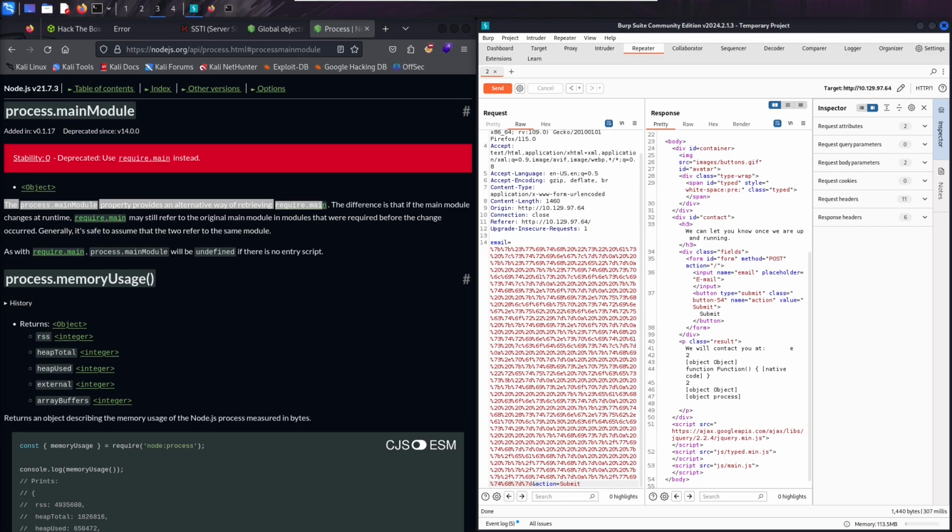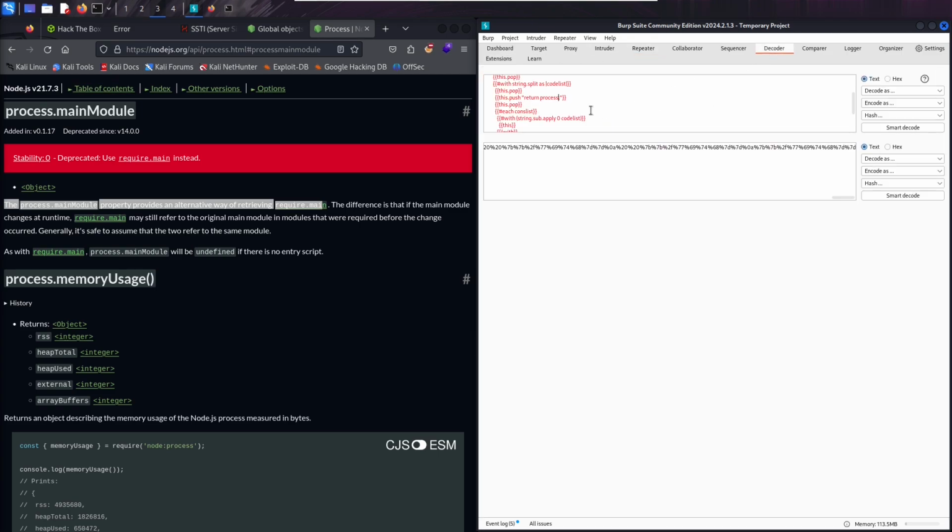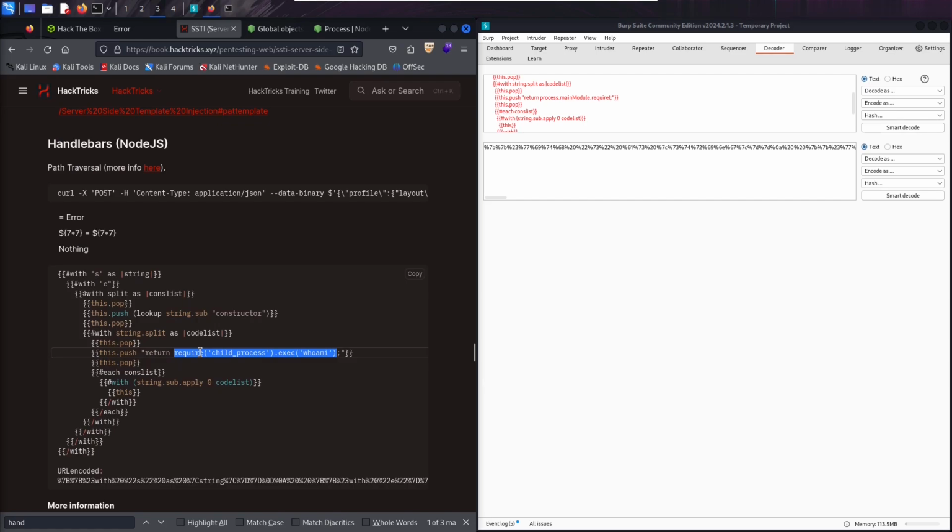So essentially, main module functions similarly to a Play Store on our smartphones, where you search for and download the apps you need. In our context, main module includes the require function. Without main module, the require function wouldn't be defined. So we can now insert on our payload main module, so .mainModule.require, and now we can insert this here, child